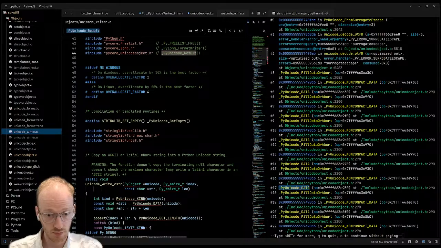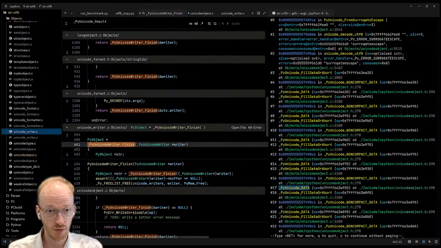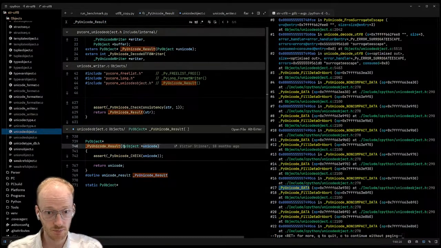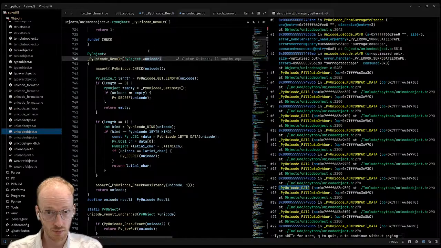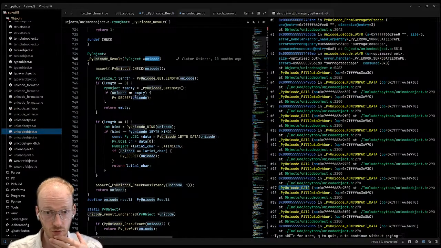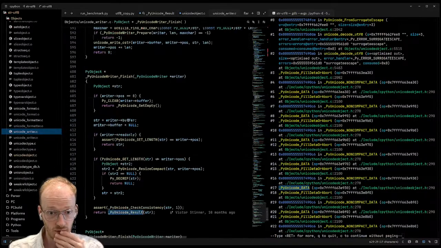Oh, is this what PyUnicode result is? Putting it PyUnicode get length. Yeah. Okay, we don't need that really, I don't think.